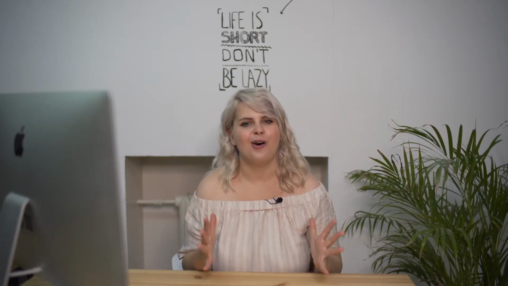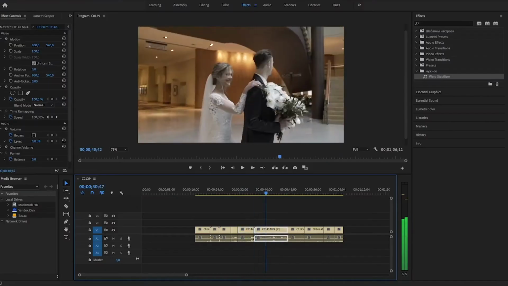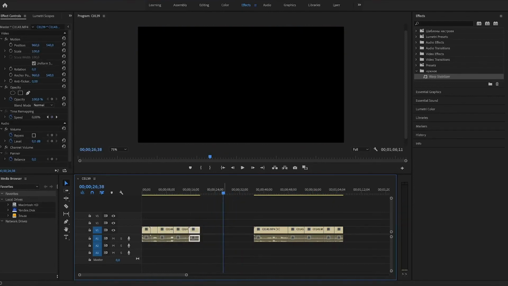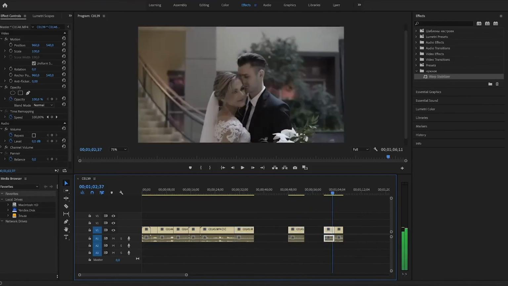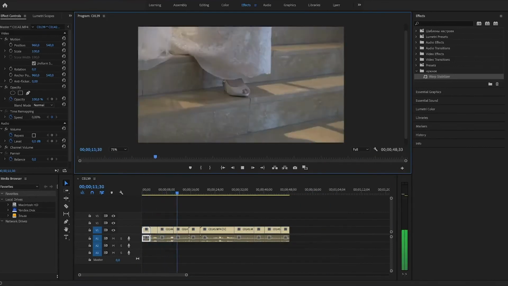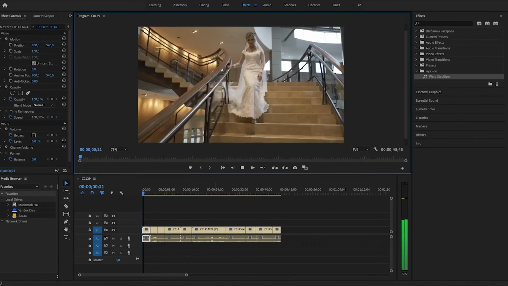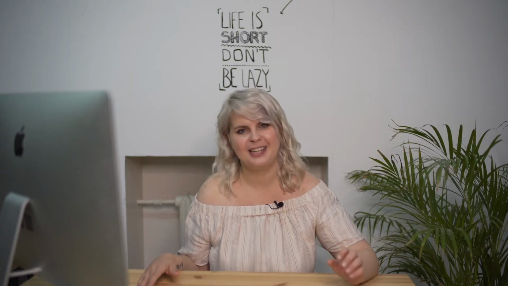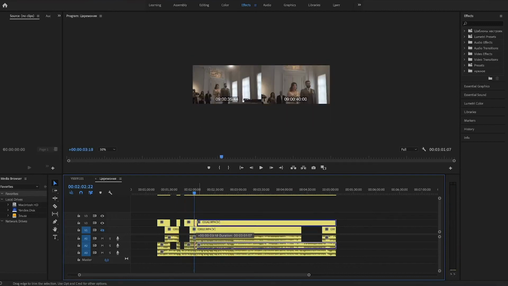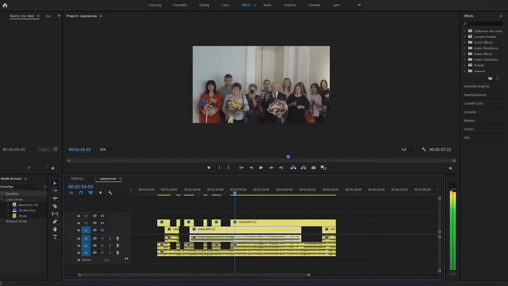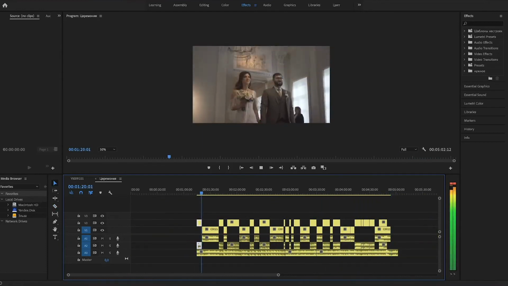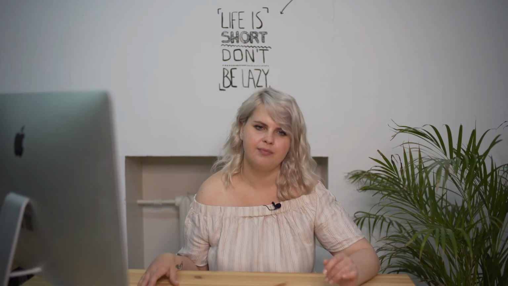When you've cut out all the defects, choose the most successful shots and select angles by the scale and the plot. First we put the long shots, then the close-ups and the details. Do this with the most important moments, such as the first meeting and ceremony, so that they're edited from the start and you don't have to spend your time on them later.